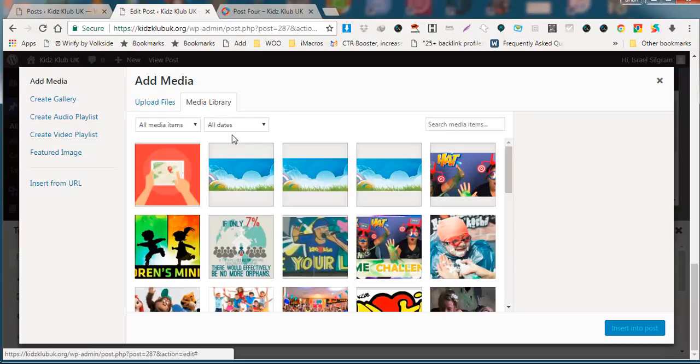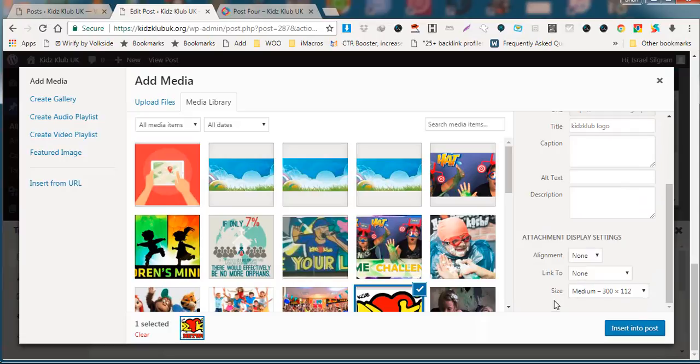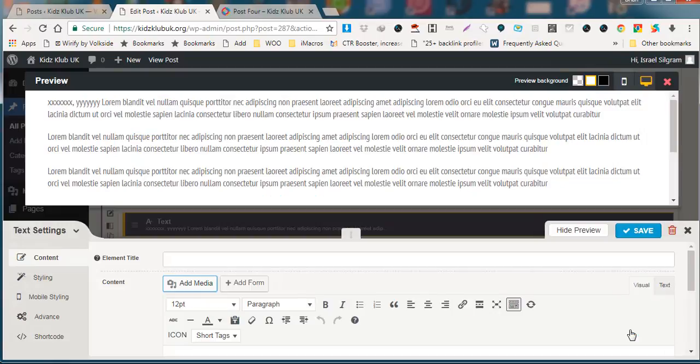So within the media library there are already some items, and let's say we want to add in your logo. So we're going to click that, the logo, scroll down, and we can choose the medium size, the large size, or a thumbnail, which isn't recommended. It's just for a very small stamp size, but we'll stay with the full size, which is the same as the medium. Insert into the post,